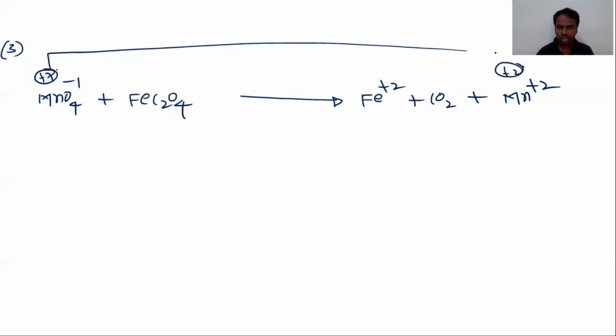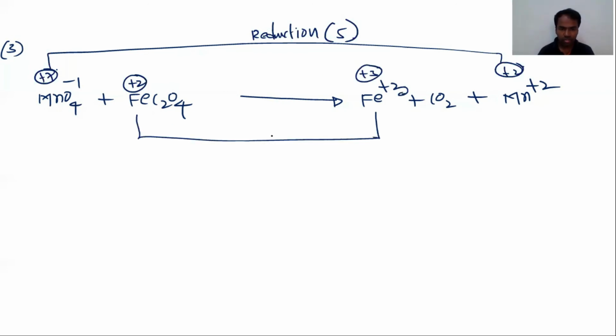So what is this reaction? This reaction has a decrease in oxidation number, that's why this is reduction. It is a gain of electrons, so the difference is 5. Here this is ferrous oxalate: Fe is in the +2 state and C2O4 is 2−. First we will check Fe: it is +3. So +2 to +3. So for iron, what is the difference? 1. Here there is loss of electrons, that's why it is oxidation.